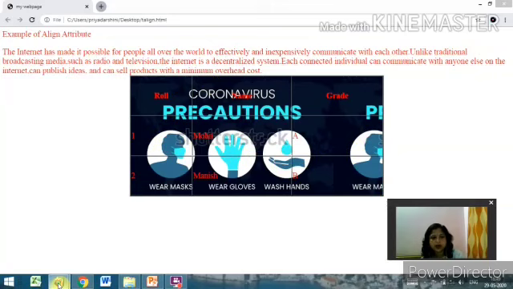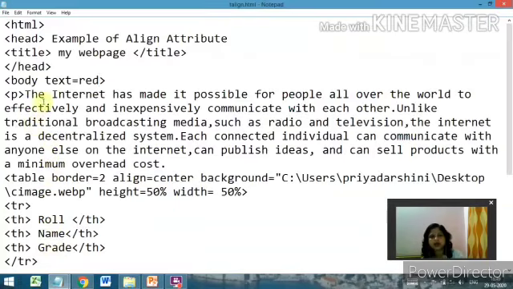So now coming to the notepad, I'll show you. Whenever you put a background picture in the background of the table, first you have to bring the location of the picture, then you have to bring the file name, the image name, then you close the double quote. But always copy and paste it so that the exact location and exact name come and you do not face any problem.